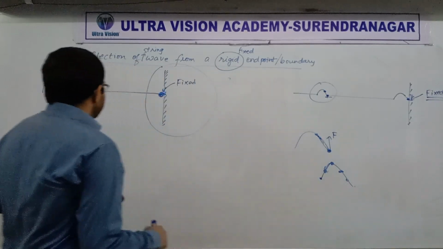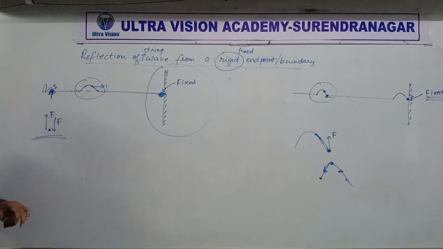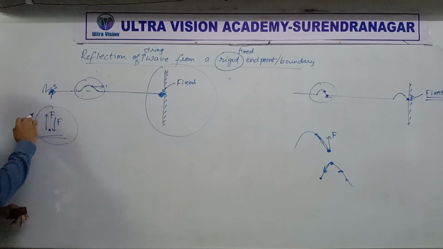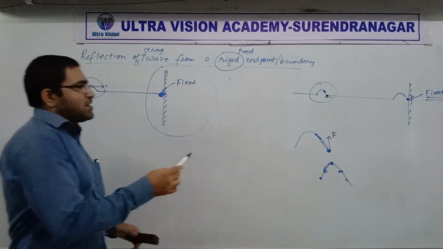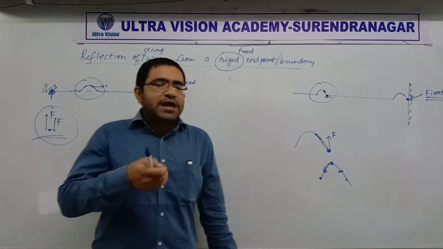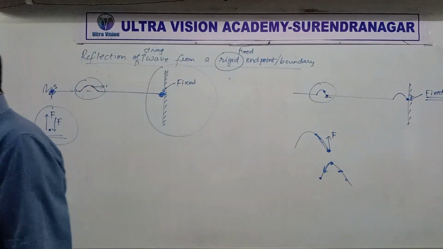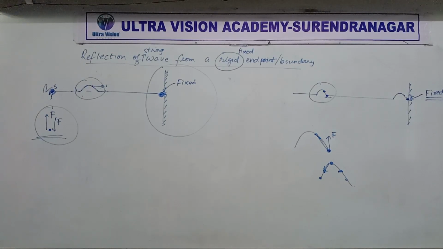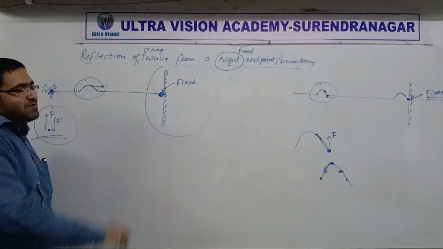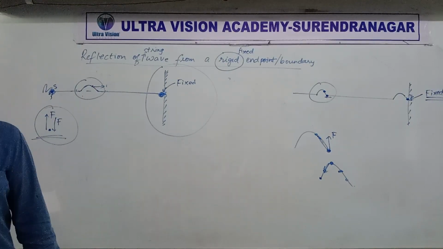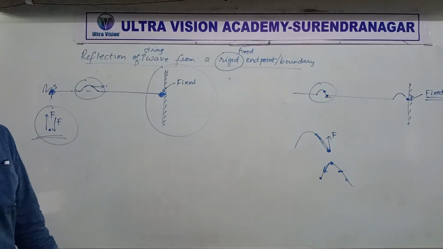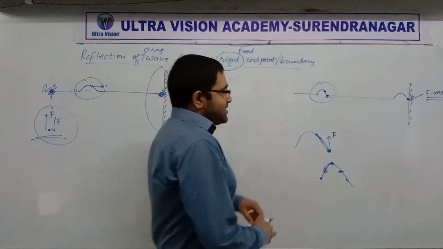So basically, everything gets this treatment. Yes or no? Every particle will first be pulled up and then it will be pulled down. Is that clear? Every particle on the string will first be pulled up, so it will go up, and then it will also be pulled down, so it will come back to mean position, and that's how the wave pulse will travel forward. Okay? So if you keep that idea in mind,